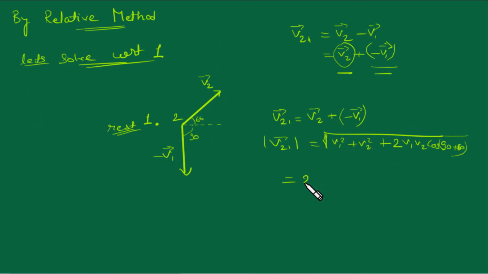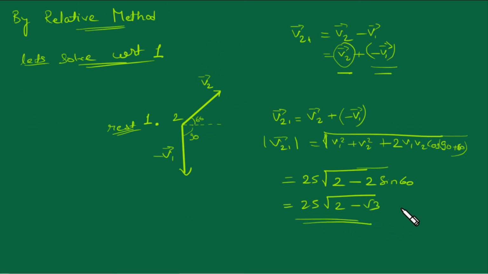So we can solve now. v1 and v2 are all the same, so we will get 25, and here we will get 20 minus, this is 2 into cos of 90 plus 60. What can we get here? Cos of 90 plus 60, we will get sine 60. I think I am right. And here we can solve, 2 minus root 3, I think. So this is going to be the relative velocity. We can solve it, but I am not solving just now.